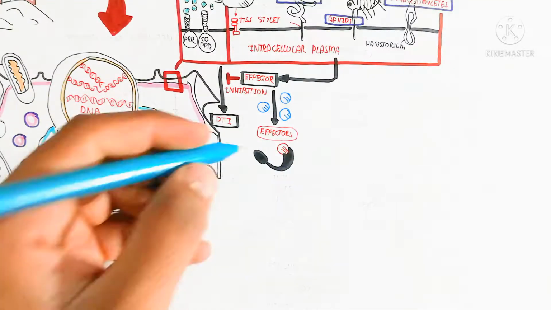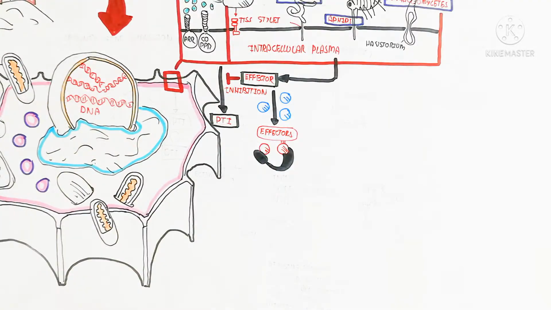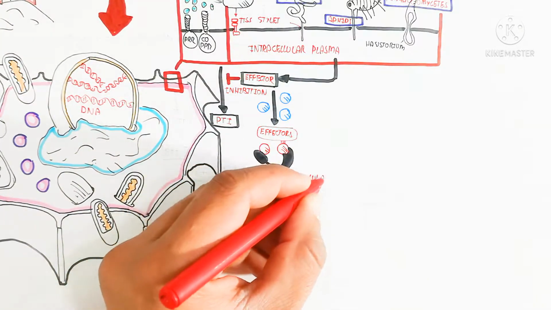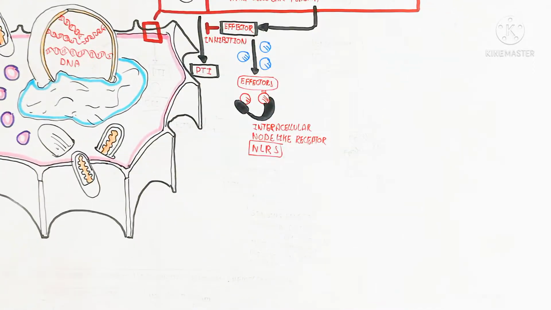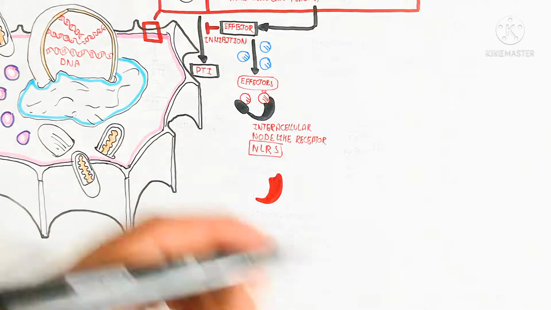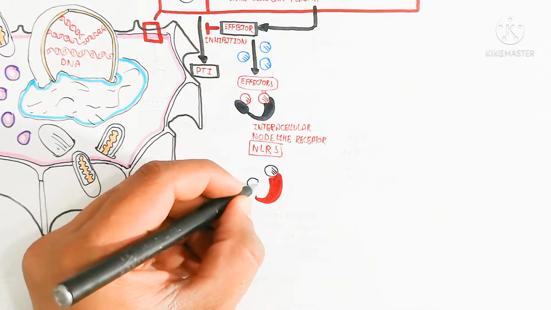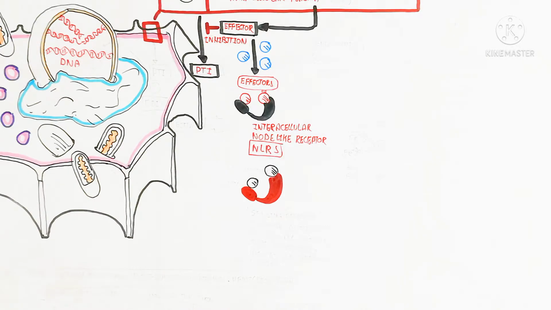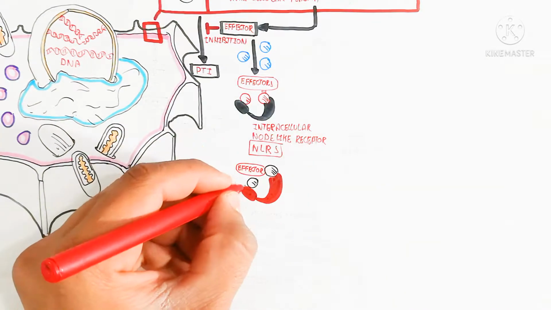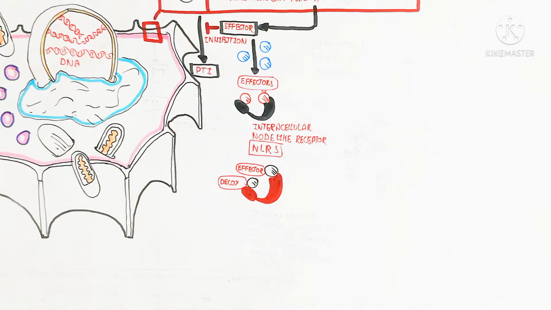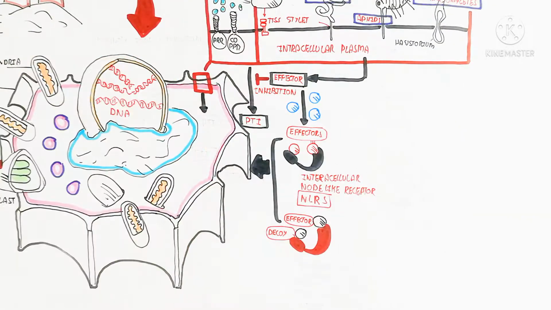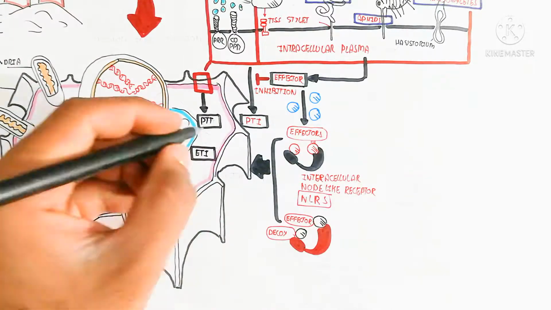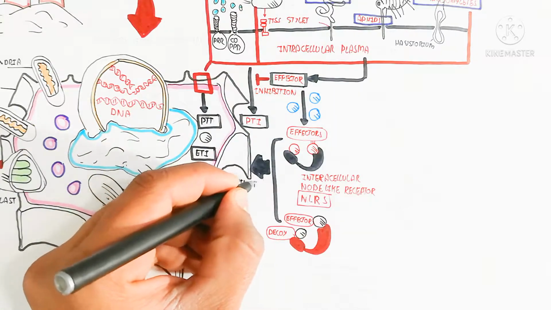the NLR, the NOD-like receptor, which is intracellular. There are two types here, and a third type is unknown. So three types can be, but I am not drawing it here. Here the effector decoy-containing protein and another effector protein are in the intracellular NOD-like receptor. In this way the effector will bind, and after the binding of the effector, this NOD-like receptor is activated, and this NOD-like receptor will trigger effector triggered immunity,